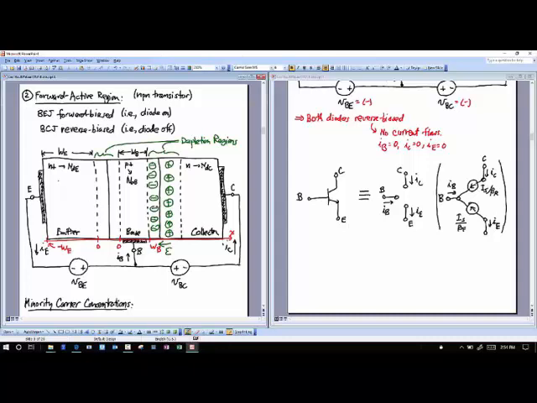If I have electrons flowing from my emitter into my base, and they come across this, and they see a field going in the left direction, which way do the electrons want to go? The right direction, right? They go against that field direction. So if I push electrons from my emitter to my base, they're going to want to go all the way over into my collector.